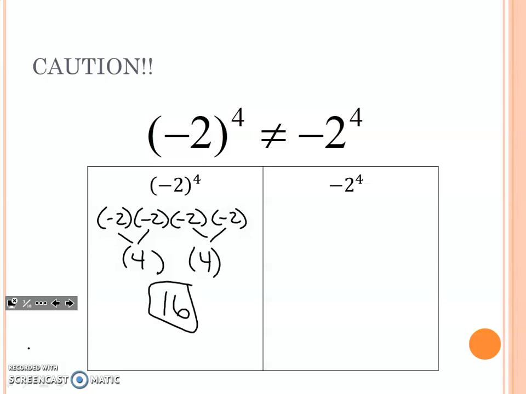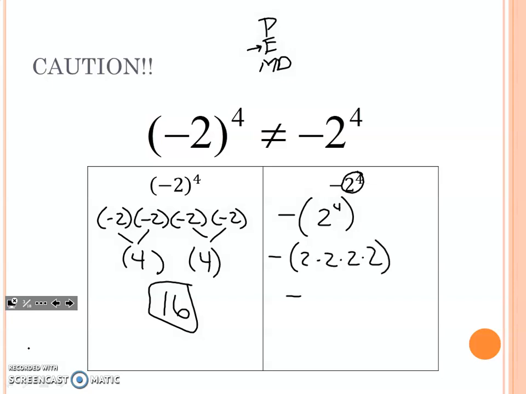Versus when I have negative 2 to the 4th power without parentheses, that is really a negative of 2 to the 4th power. Because order of operations, I'm talking PEMDAS, says that I do exponents before I deal with multiplication. So I've got to deal with this exponent here first. So this is really a negative times 2 times 2 times 2 times 2. So it's really a negative 16. Especially when you guys are plugging these things into your calculator,